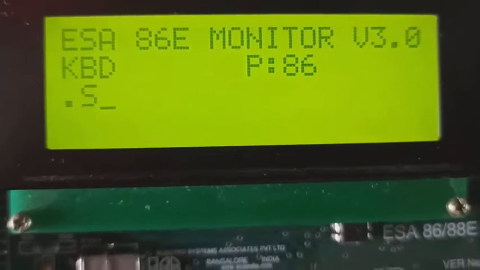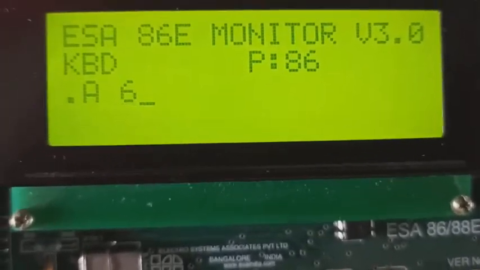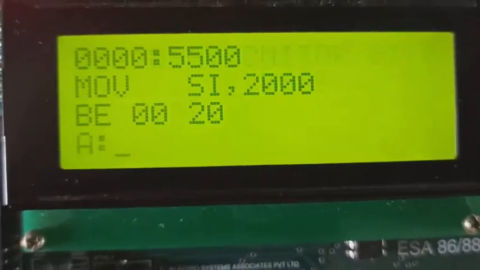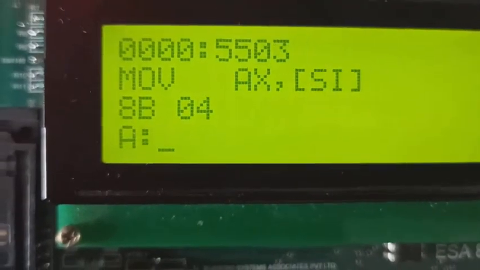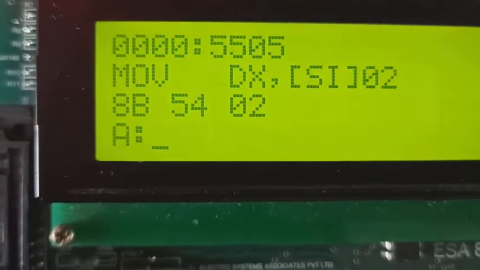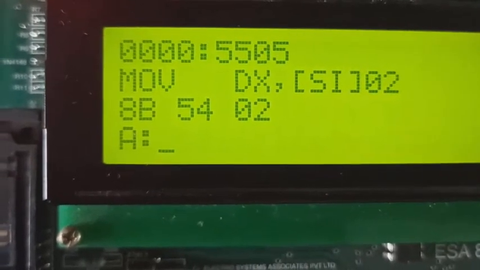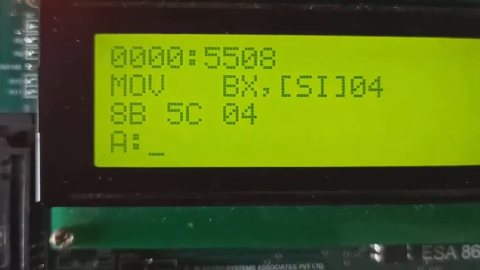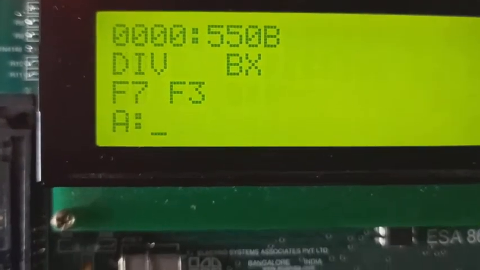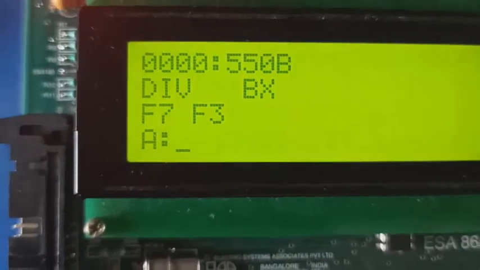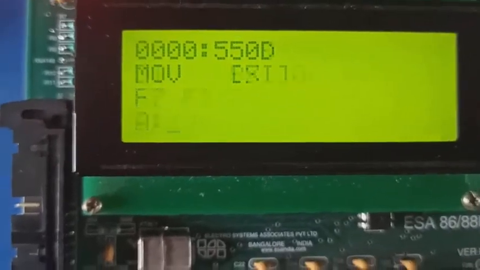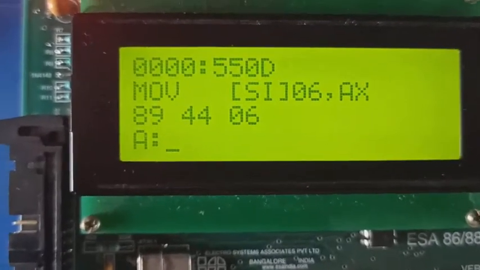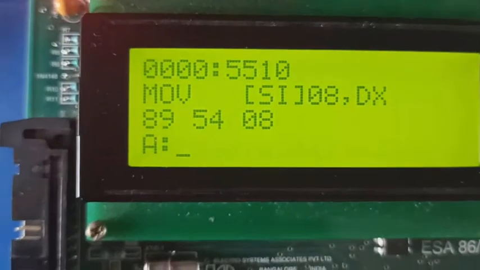I have already typed the program in this memory location. As you see, move SI 2000 for giving inputs, AX comma SI, DX comma SI plus 2 for framing the 32-bit input, move BX comma 04 for the divisor, and DIV BX performs the division of the AX and DX data with BX. AX will store the quotient and DX will store the remainder.